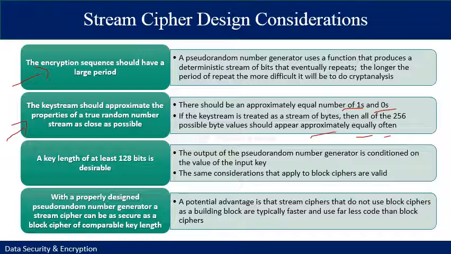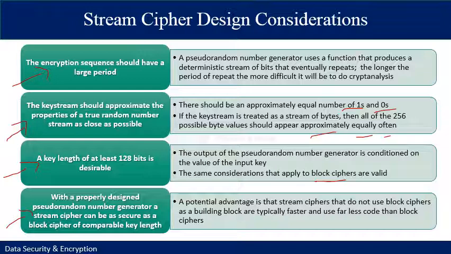Additionally, a key length of at least 128 bits is desirable in stream cipher design algorithms. The output of the pseudo-random number generator is conditioned on the value of the input key. The same considerations that apply to block ciphers are also valid. So with a properly designed pseudo-random number generator, a stream cipher can be as secure as a block cipher of